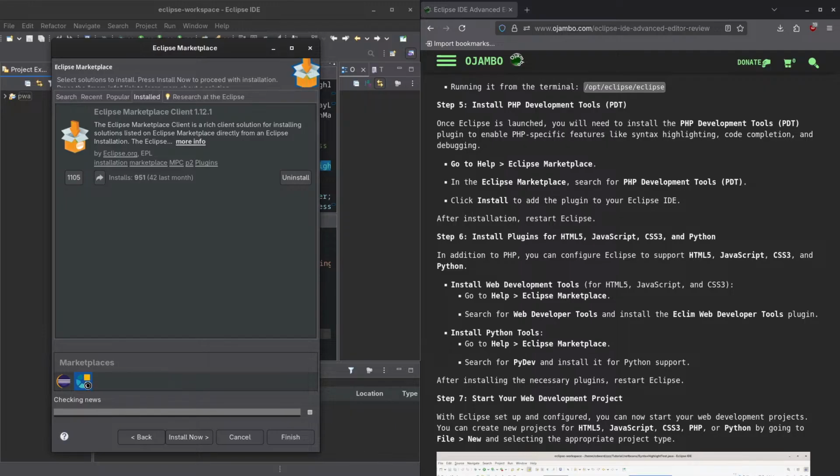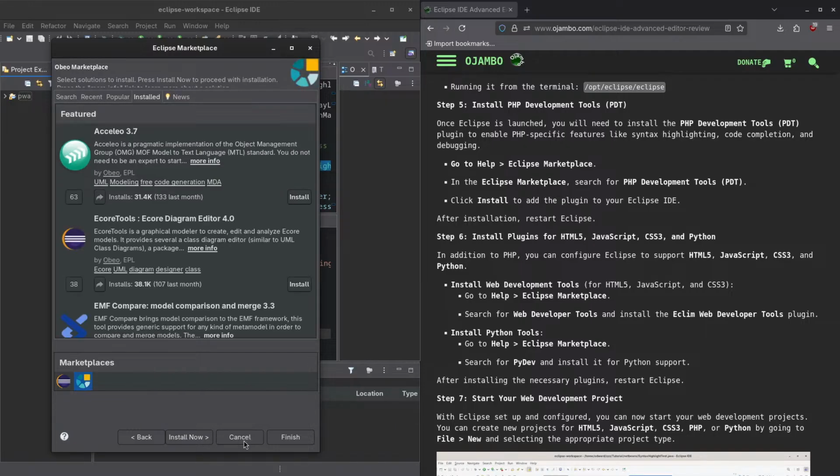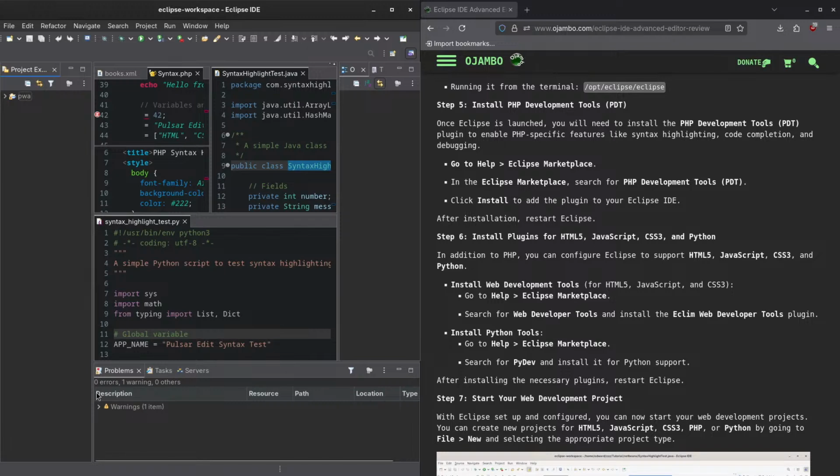And you see here, this is a different marketplace. There's the Eclipse one, and there's a different one. So I said I don't need any of those. But if you do, you can use them. You can also create your own add-ons as well. Okay. So with that said,